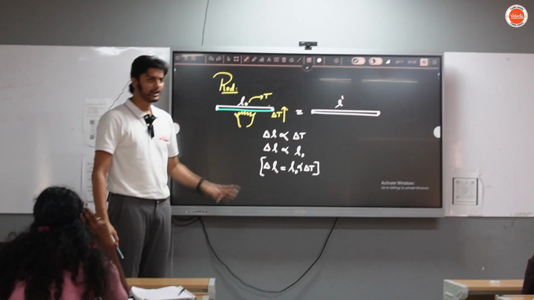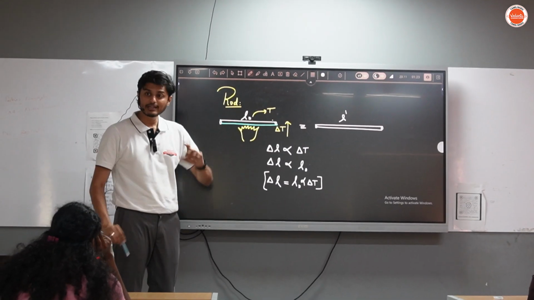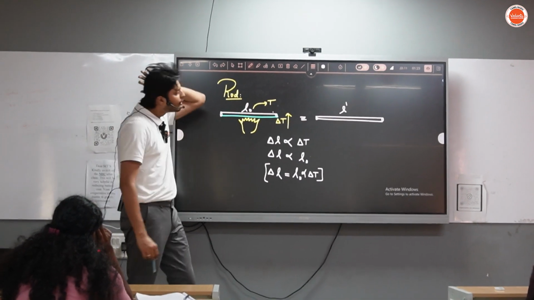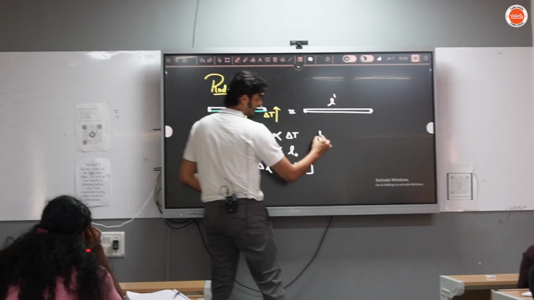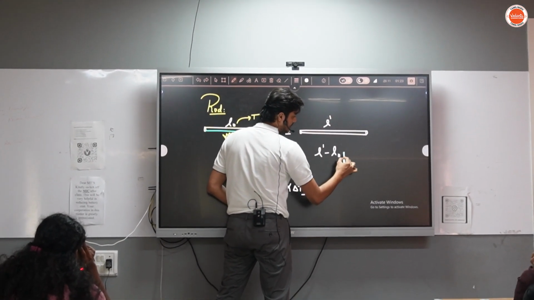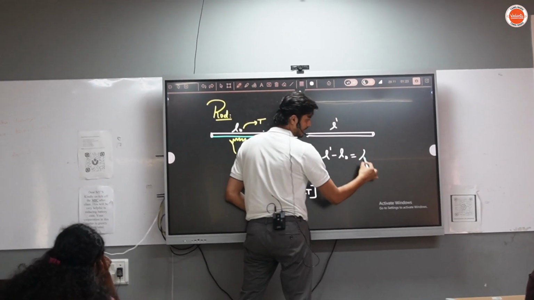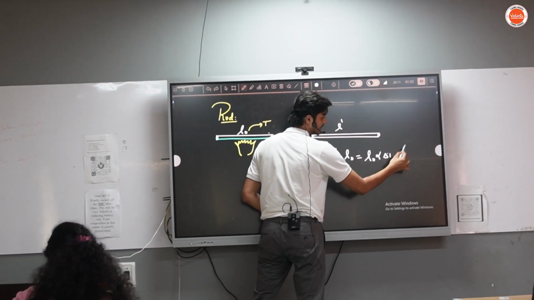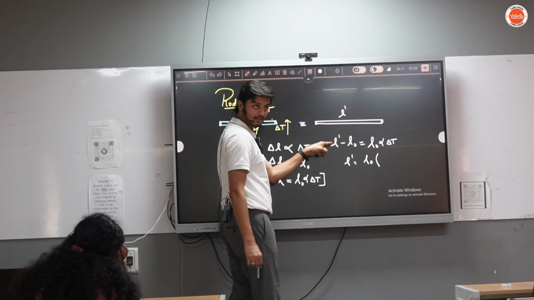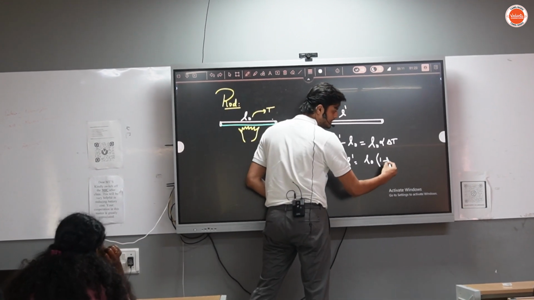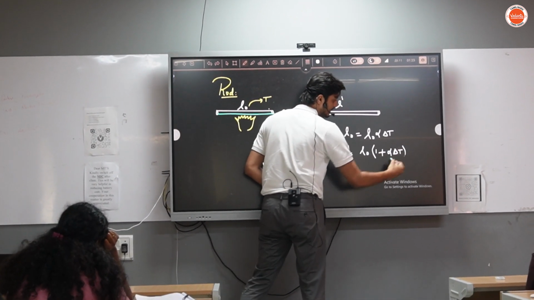Now what is this delta L? Change in the increase in the length. Increase in the length. What is increase in the length? L dash minus L0. Appo L dash minus L0 can be written as what? L0 into alpha into what? Delta T. So what is L0 from here? I mean L dash from here, new length. New length equals to original length into 1 plus what? Alpha delta T. Okay,